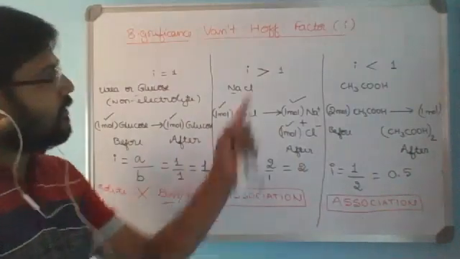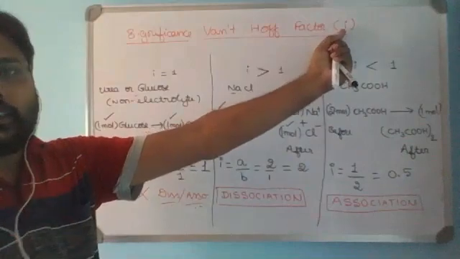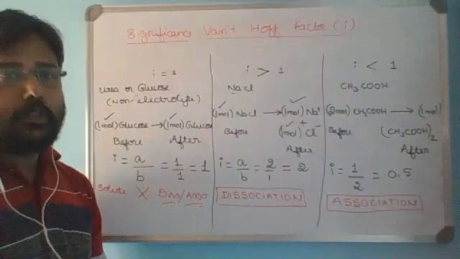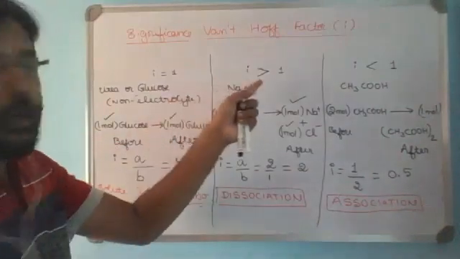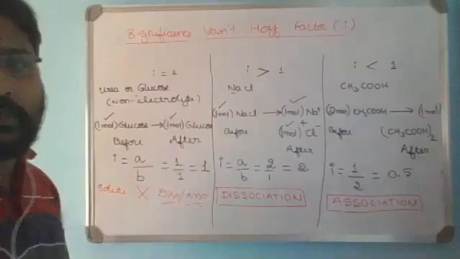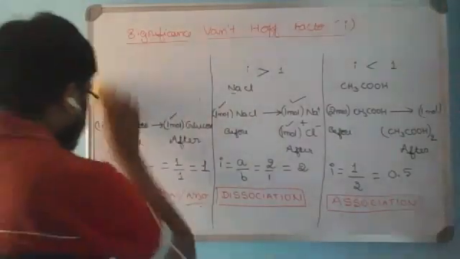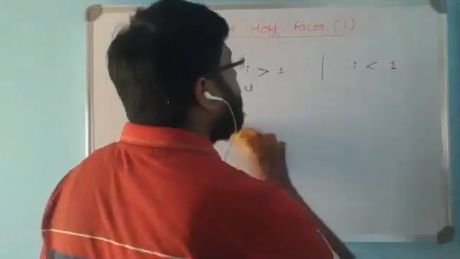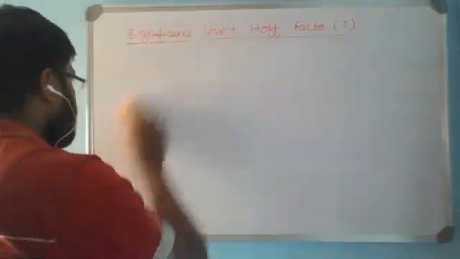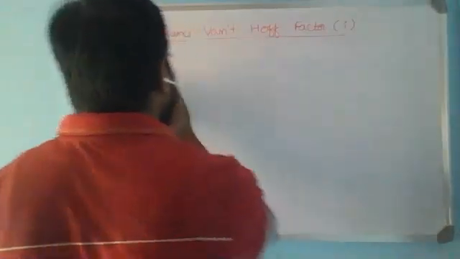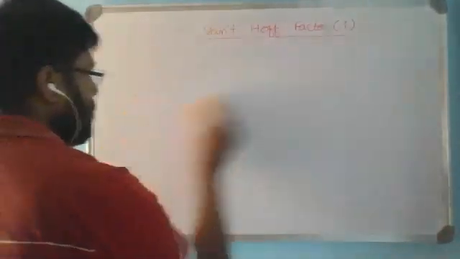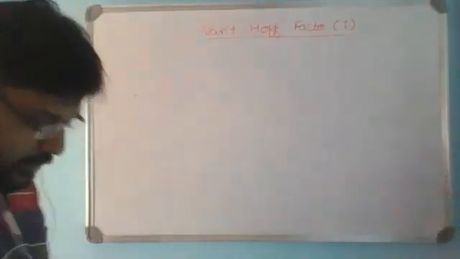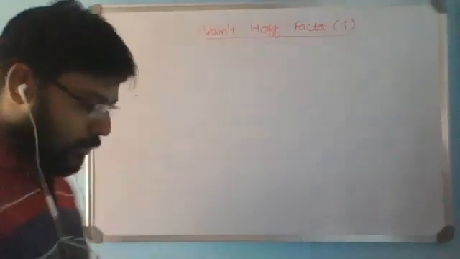Now we'll consider the Van 't Hoff factor correction for the colligative properties. Before doing that, we'll take a few strong electrolytes and see how the i value can be calculated, which is very important for 1 mark questions in the unit. We'll take 3 or 4 different examples. You can try a number of examples from the textbook and the question bank that you have. So we'll take a few simple examples to consider in the class.